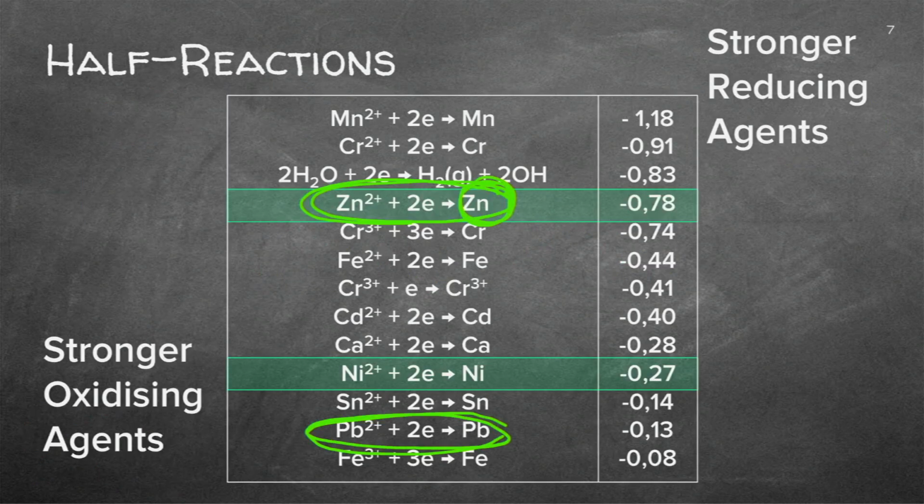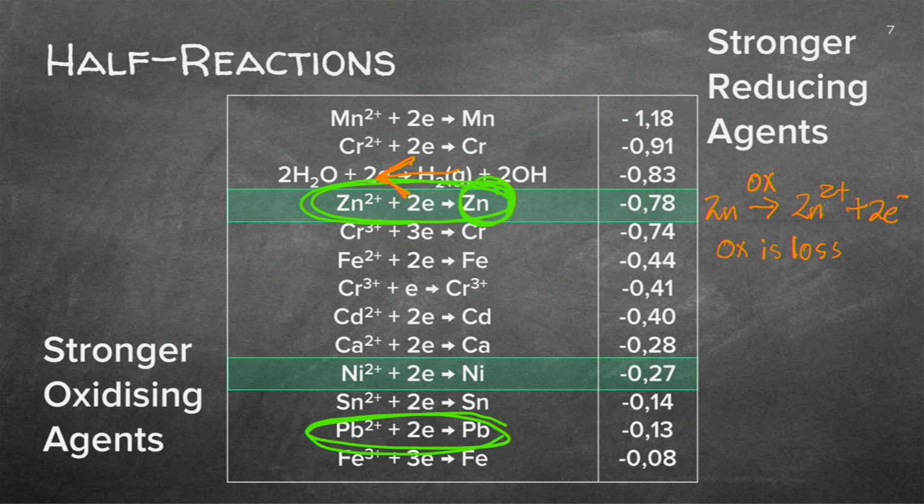So, let's have a look again. Let me just change my color. I'm going to have zinc going that way. So, the reaction will be zinc going to zinc 2 plus, which is the ion, plus 2 electrons. Now let's just stop there. It is losing electrons. So oxidation is loss. So this is the oxidation half reaction.